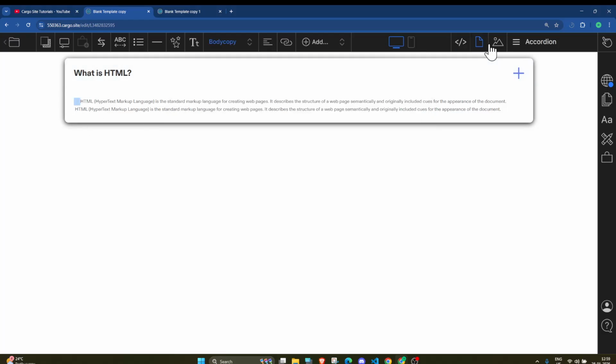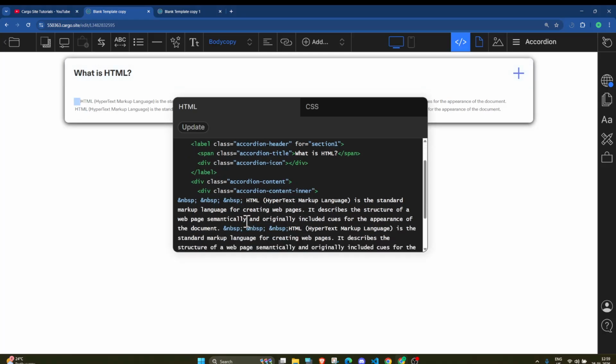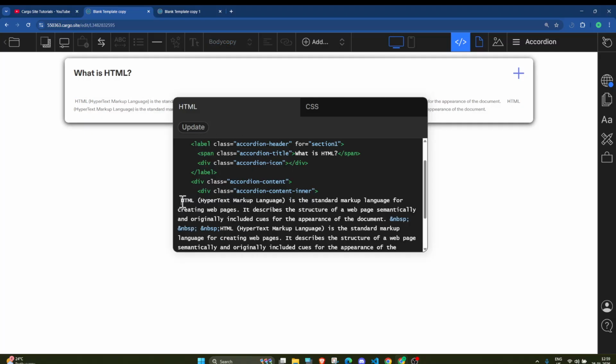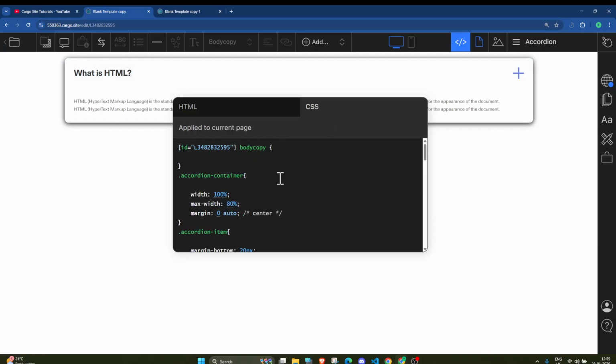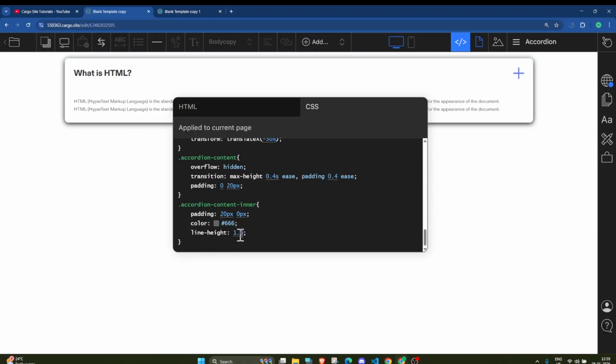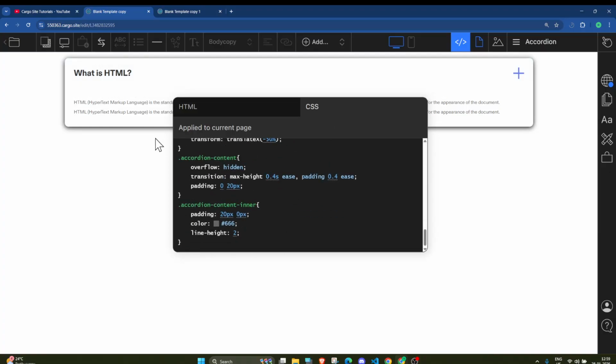It is because in the code view section you will see this code. Simply remove this thing and click on update. It will remove the extra code. And let me just break. So in the CSS, the line height is basically the height between the two lines.